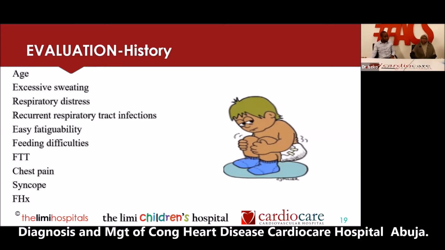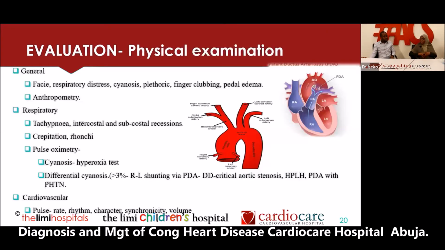Okay. For a child who has complaints and comes to you, like I said, the commonest in our environment is VSD. So they are likely to come with complaints suggestive of heart failure in the child. They notice the breathing is very fast, or the child is pausing. The child is not able to sustain sucking for a long time, pauses in between feeds to rest and catch his breath, and the child is not growing properly. So these are the typical complaints the mother is likely to come to you with,